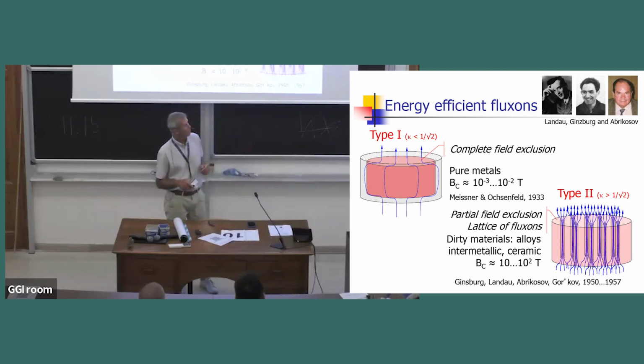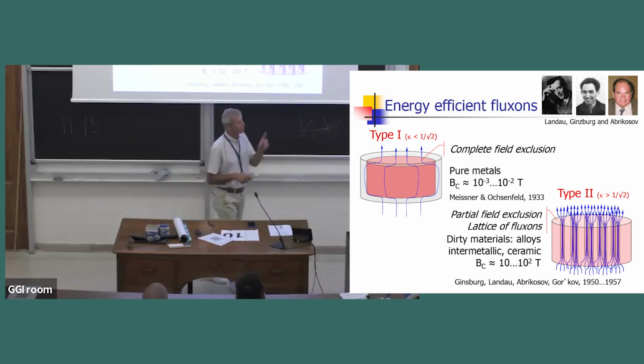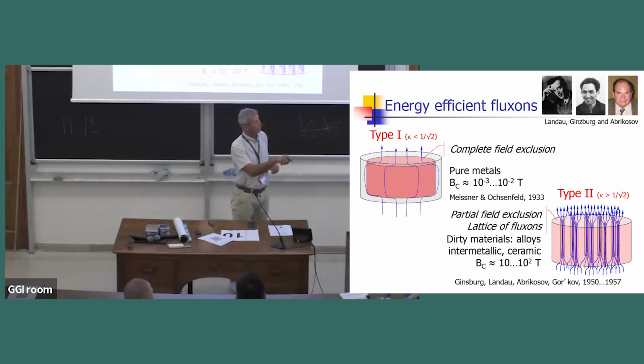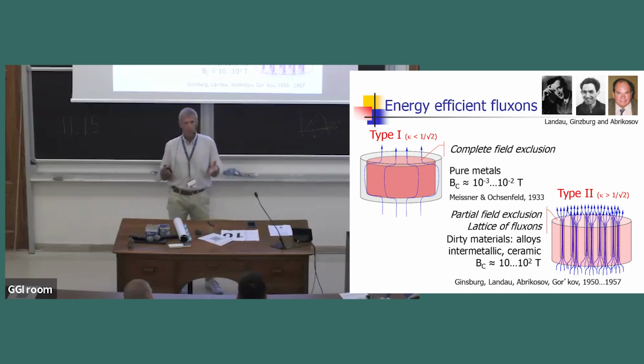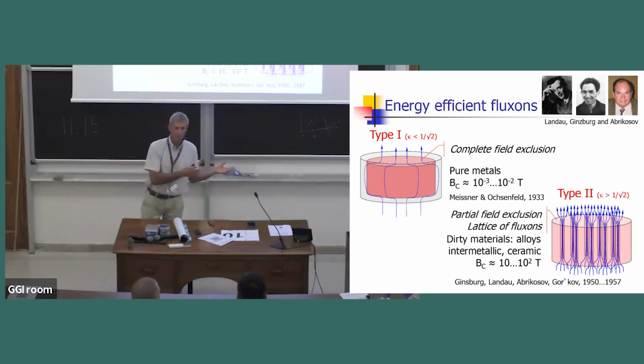So there's a different way that was found by Landau, Ginzburg, and Abrikosov, explained by them rather, found by Shubnikov in Kharkiv, a way that allows the field to enter into the material and organize itself into small zones which are normal conducting, regularly arranged in a bigger zone which is superconducting. And that's a much more energy efficient way to let the field out of the superconductor, because these are normal zones, but manage a much larger field. So these type 2 superconductors have critical field of the order of 10 to 100 Tesla. That's much more interesting for us.